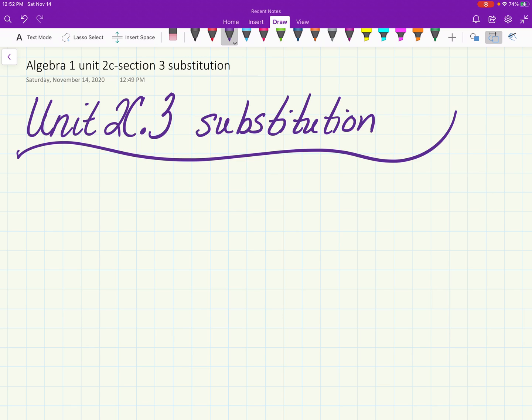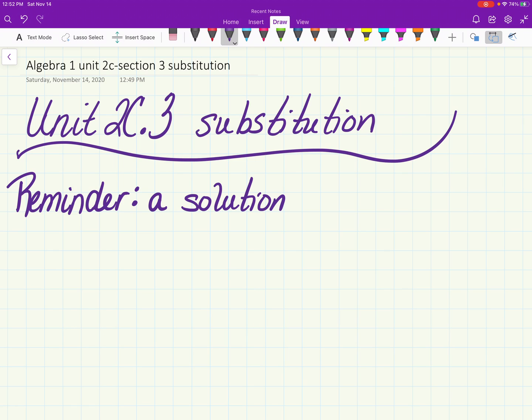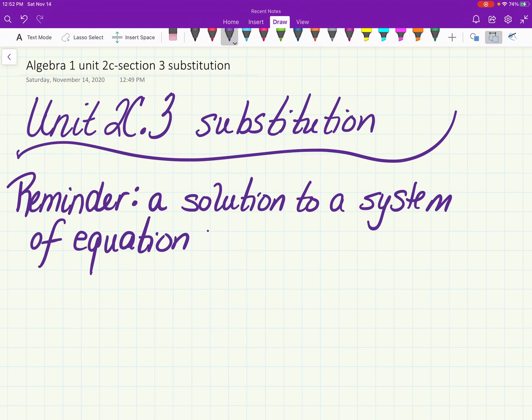We still remember, we're just trying to find the point at which the two cross, okay? So I'm going to write it again, reminder. Write this down again. If you're not taking notes, it's a really good idea to take some notes and make sure you understand this. A solution to a system of equations is the point, I'm going to put in parentheses the ordered pair,